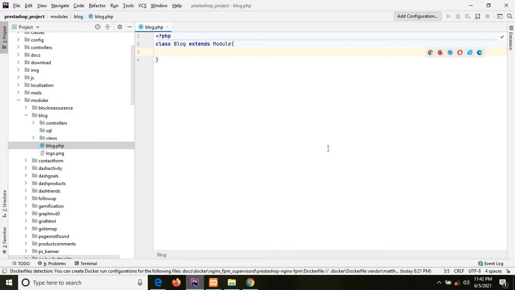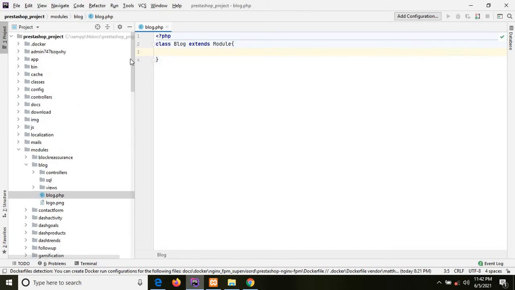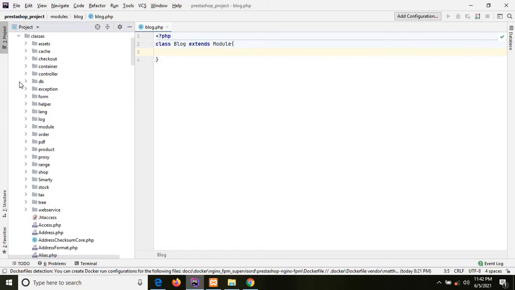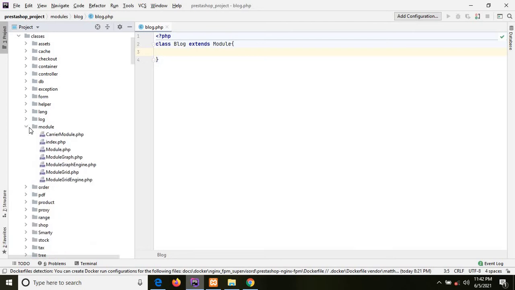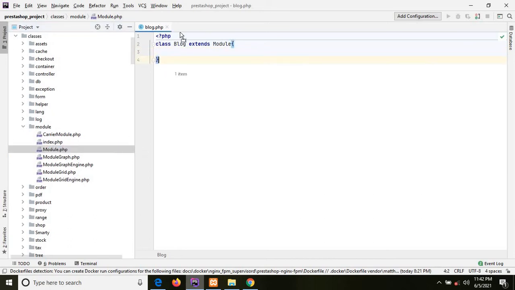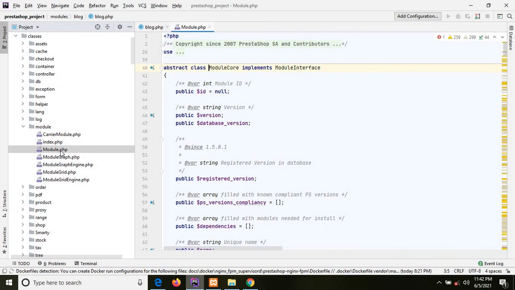Let me show you the file of the module class. Here you will see, under the classes directory, the module file. So this is actually the module file that we have extended.